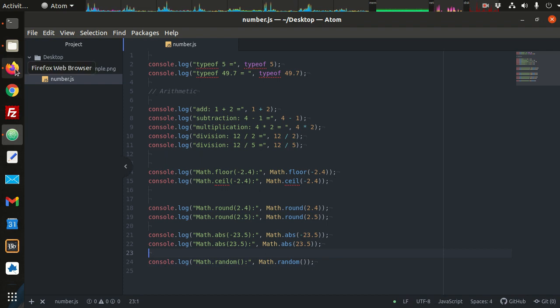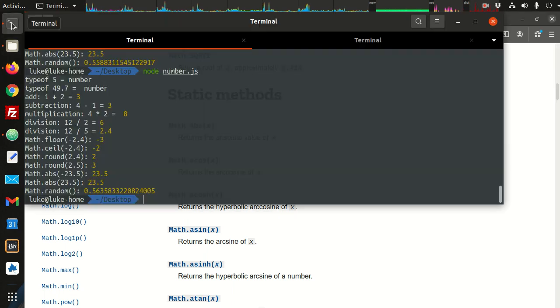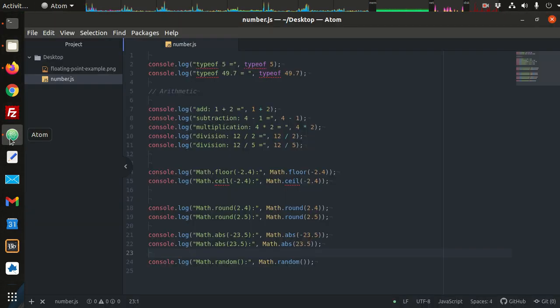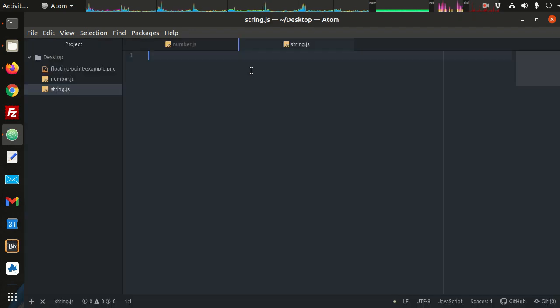You can look into more of the Math functions on your own. Again, developer.mozilla.org. There's a lot of good stuff in there. All right, so that's stuff that we all pretty much knew already. Let's take a look at the string data type. Okay, so we're going to look at string.js. We're going to do some of the same things here. We're going to say console.log, and we're going to look at typeof, and then